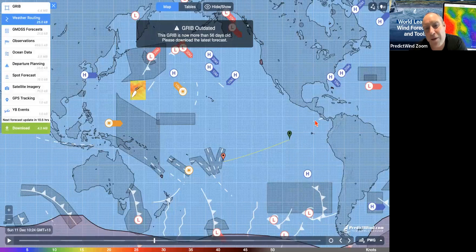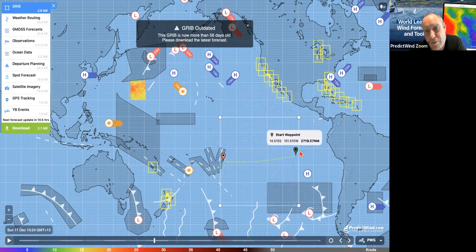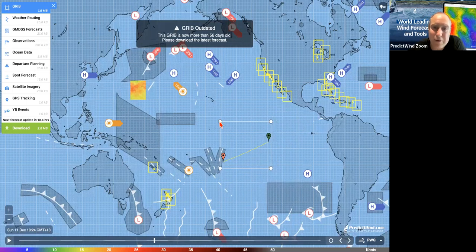So probably one of the most important things that we want to do is control our file size. When I am on the weather routing tab and I move these start and finish waypoints, it's automatically changing my grib area. And you'll see that it doesn't always get it as good as it could be. For instance, we've got a lot of area above and below. And we may even need to do this type of thing where we're actually not getting the gribs for our entire route, but